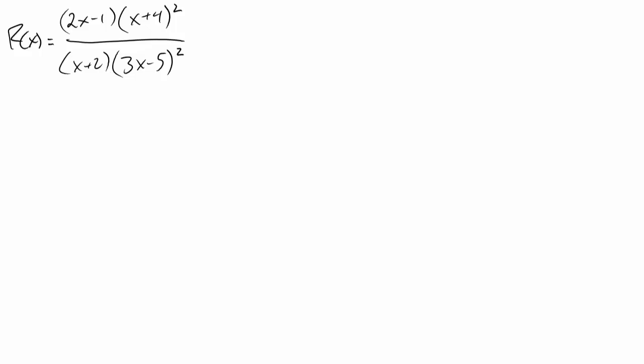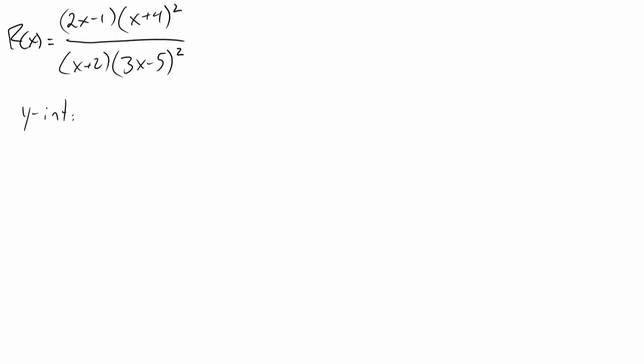We've been given the rational function capital R of x, which is equal to 2x minus 1 times x plus 4 squared over x minus 2 times 3x minus 5 quantity squared. And we're going to be looking to find the intercepts, asymptotes, all of the relevant information that will allow us to then draw a sketch of this function capital R of x. We're going to start off by looking at